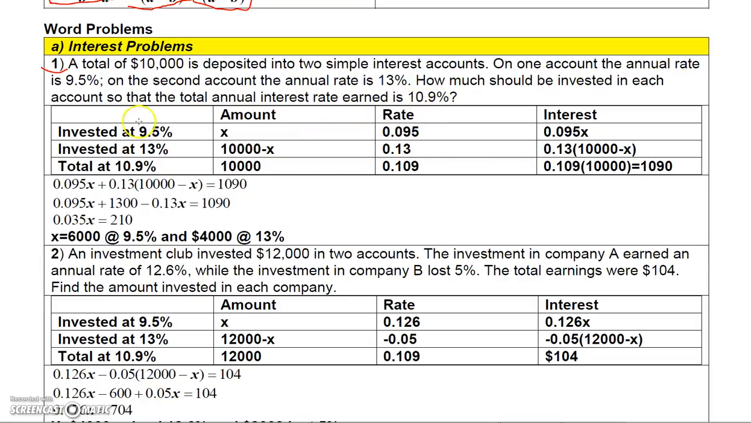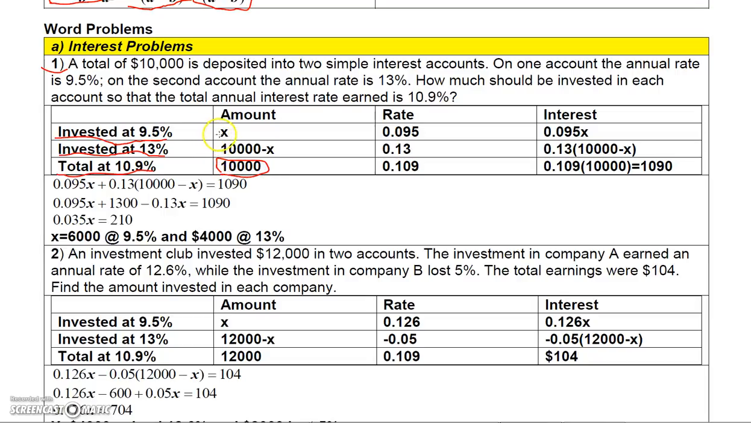So here's what I've done. I've drawn a table here to show you we want to know how much should be invested at 9.5%. We want to know how much should be invested at 13%. And we know that the total investment should earn us 10.9%. So what I'm going to do is, since I know the total investment is $10,000,